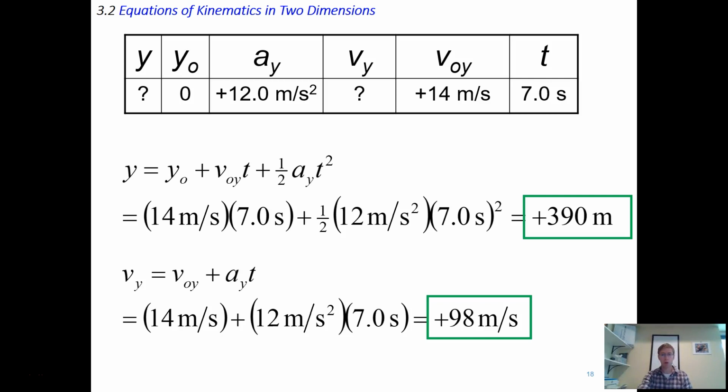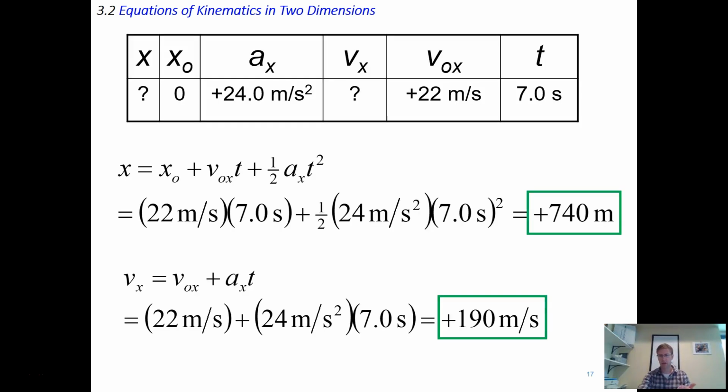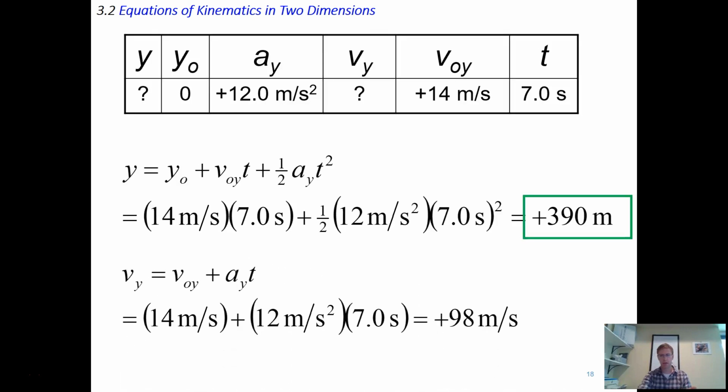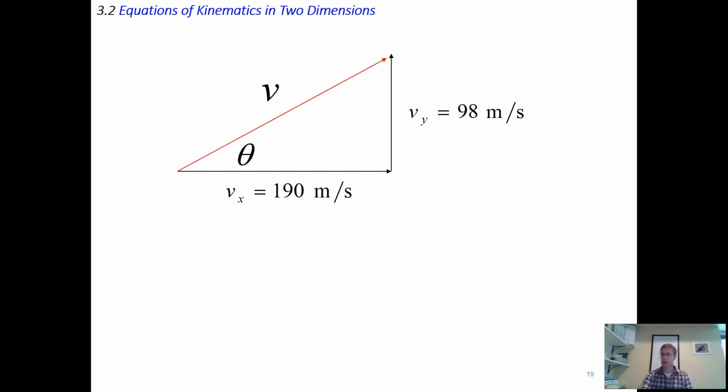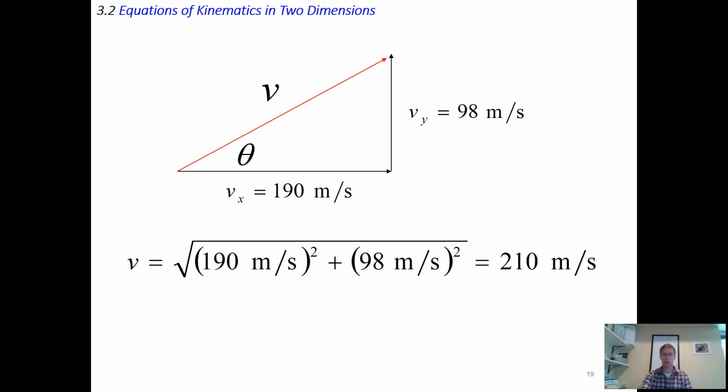Quick question, what's the overall distance covered? I didn't ask you that, but is your overall distance, let's see, just 740 plus 390? No, it's not, right? That's the vertical and horizontal changes, but again, because of vectors, you would have to use the Pythagorean theorem to figure it out. The same is also true of your final velocity. It asks in part C, what's the overall final velocity? Well, it's not just 98 plus 190. Instead, it's using the Pythagorean theorem, the vector sum of those two components,